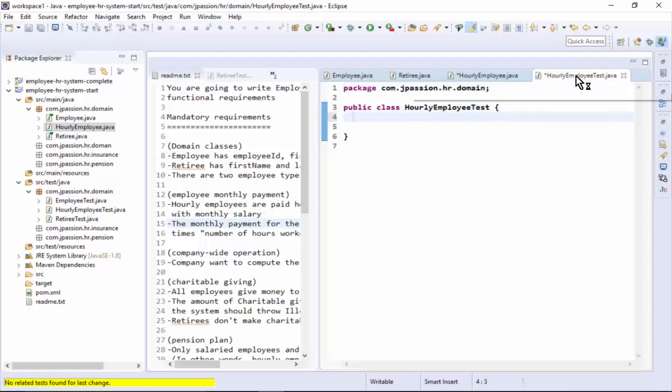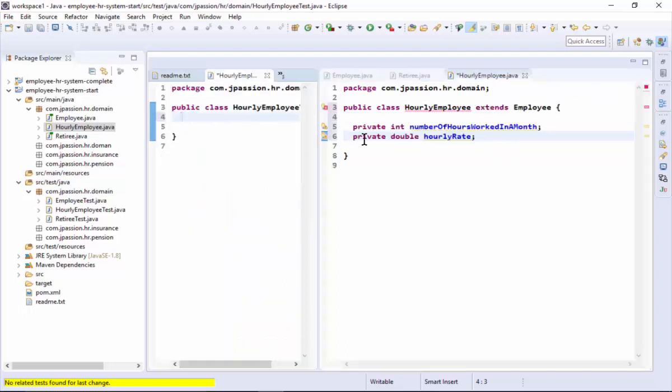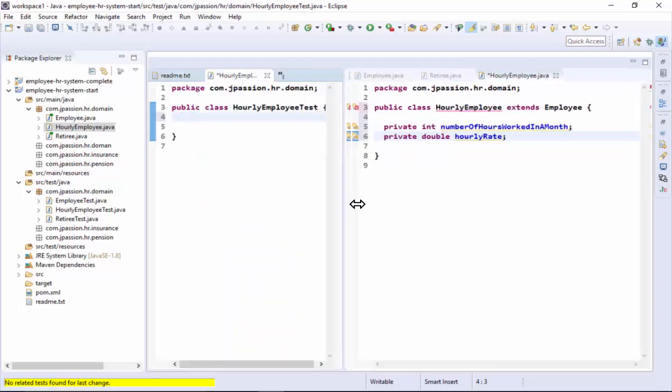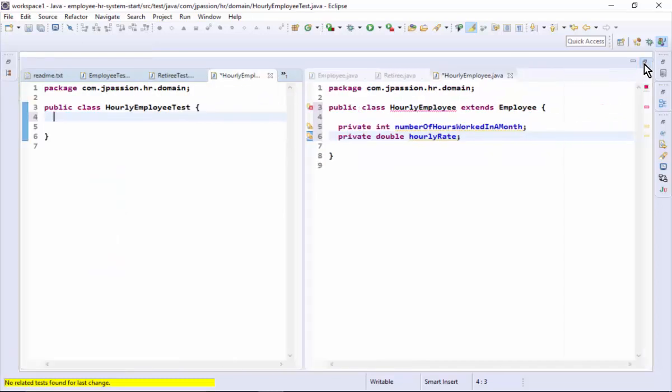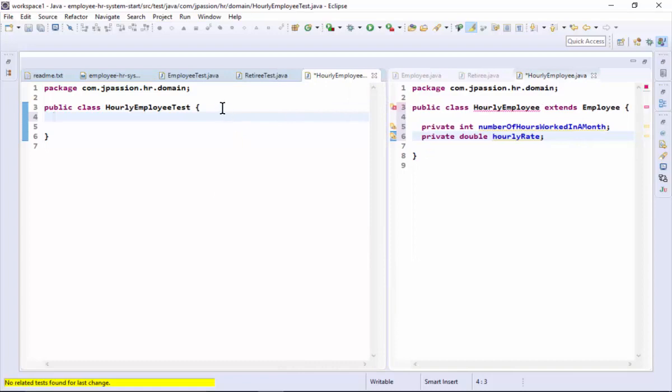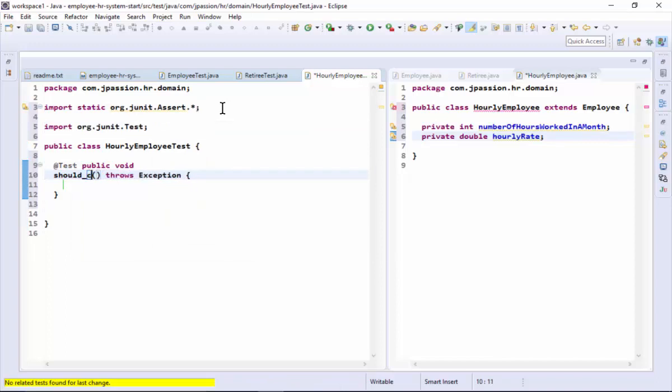Again, I prefer testing code on the left and the target code on the right, and expand it here. So I'm going to write the testing code. What I want to test is computing the payment made to the hourly employee. That has to be computed by number of hours worked and the hourly rate. So let's write test code. It should compute payment, I'll say monthly